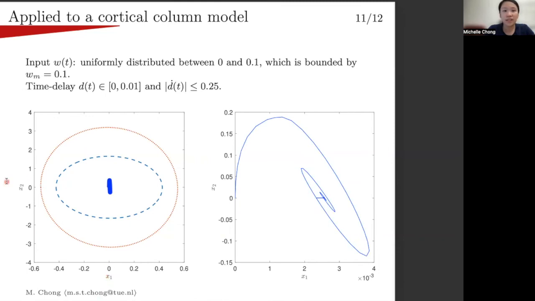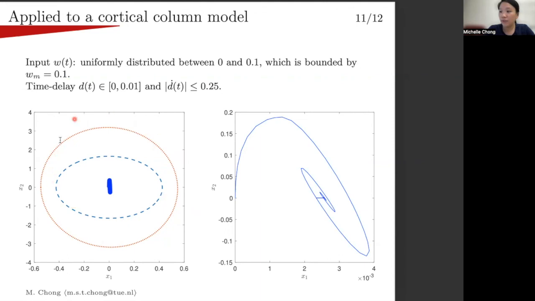This model has a time delay that varies between 0 and 0.1 with a rate of change of 0.25. And the input to this model is a uniformly distributed signal between 0 and 0.1, which is bounded by 0.1. By solving the conditions we derived earlier, we obtain the